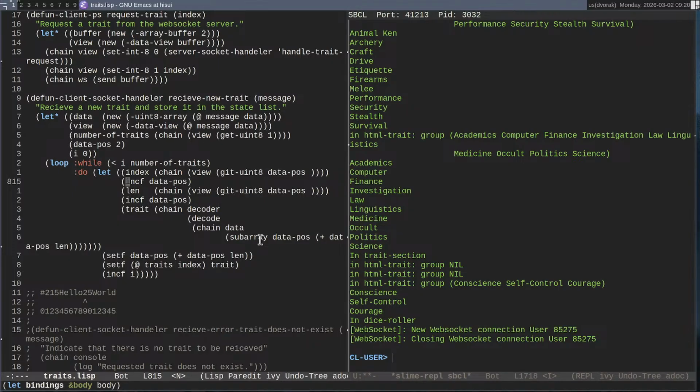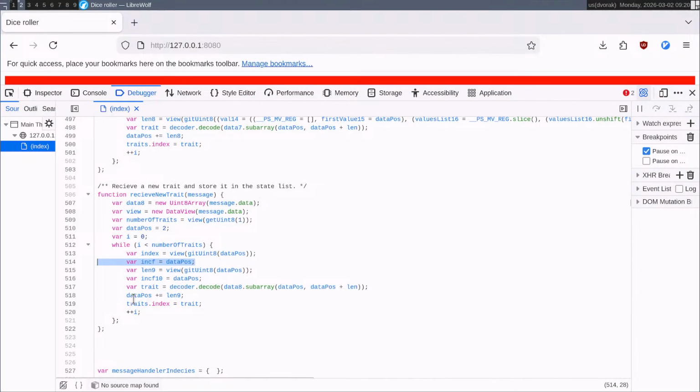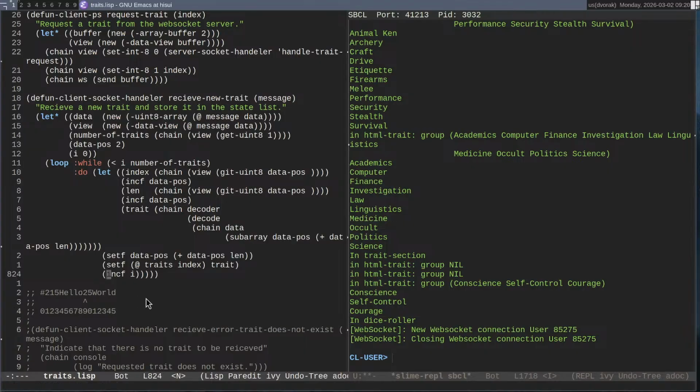That's not right. incf i is there, and that works. incf. incf. Oh. It's because it's in the let. Ah, shit.